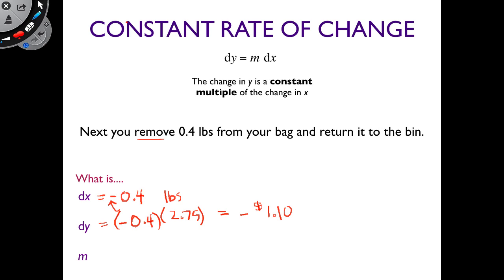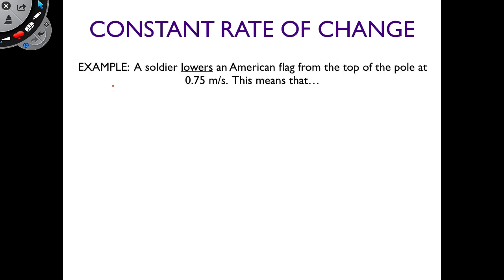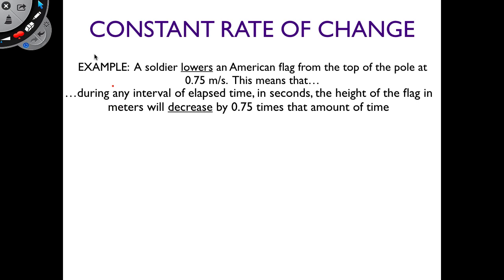All right, let me clean this up, and maybe, there we go. All right, different example. So I'm jumping straight to the full definition on this one, but if I have a soldier lowering an American flag from the top of a pole at 0.75 meters per second, ceremonial sort of, something's going on, maybe a trumpet playing, during any interval of elapsed time, so as time goes by any small amount, the flag is going to become lower, and it will decrease in height above the ground at a rate of 0.75 times however much